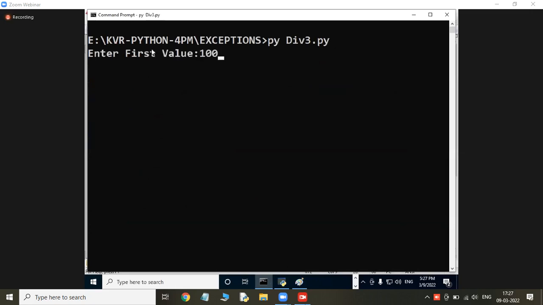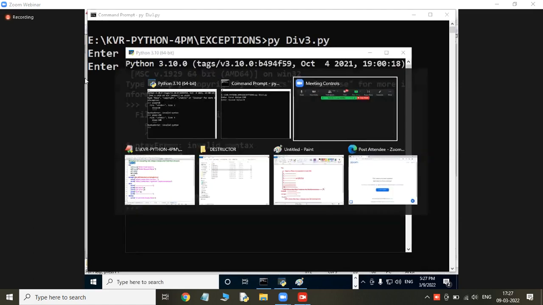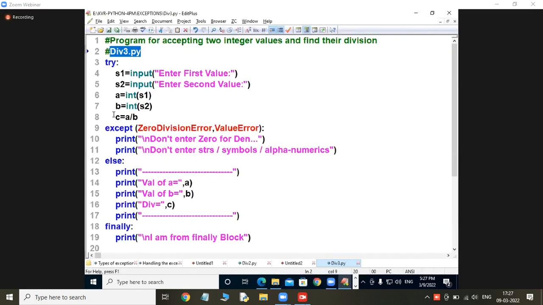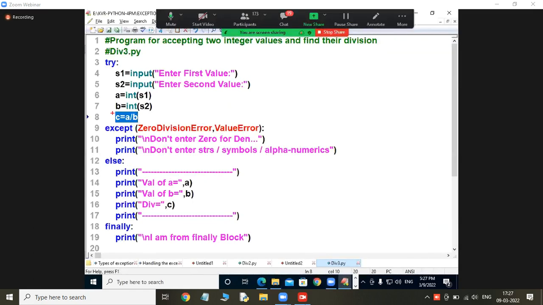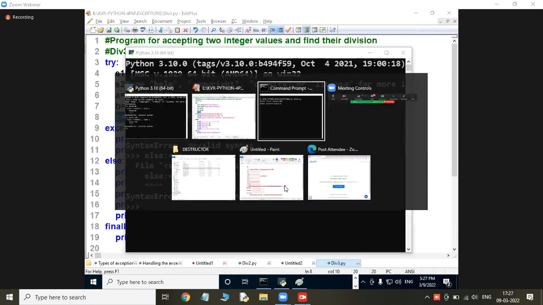Now execute again, students: 100 and 0. It jumps out of this program and looks for what? ZeroDivisionError is there, ValueError is there. Which one is matching? It executes these messages. Now I am getting this answer.